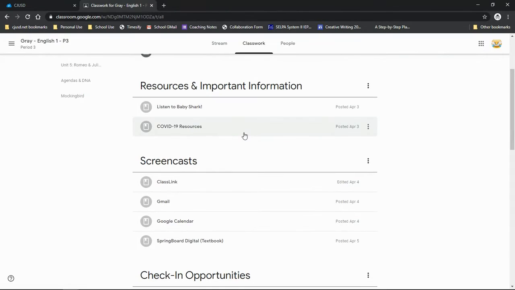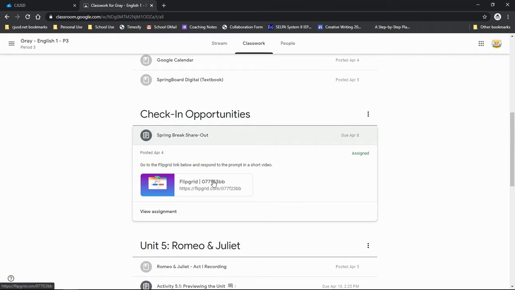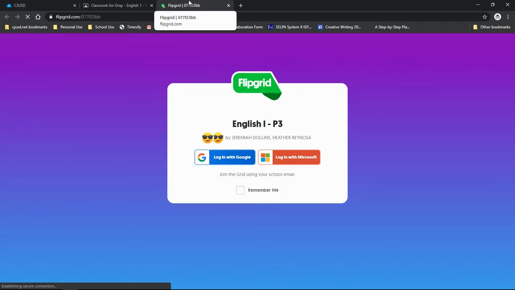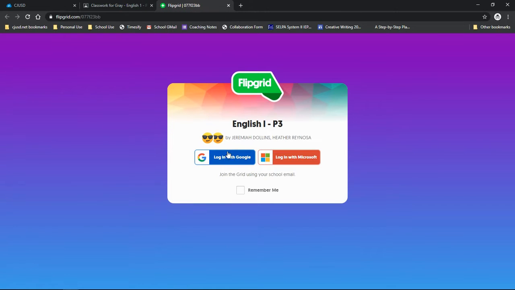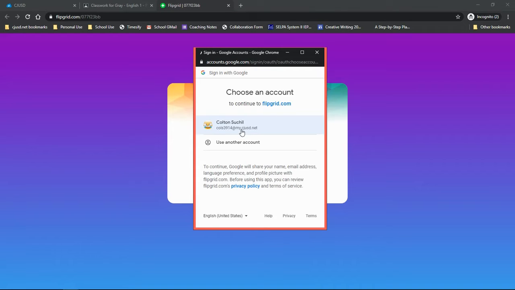And when they come in, you go to the classwork stream. And from there, you can see that you have a check-in opportunity that is due on April 8th. Click on that, and that takes you to a Flipgrid link. So from the Flipgrid link, you click on it, and it takes you into Flipgrid. It's going to ask you to log in with Google. You can ask it to remember you if you wish. Click on that. You'll log in with your account,